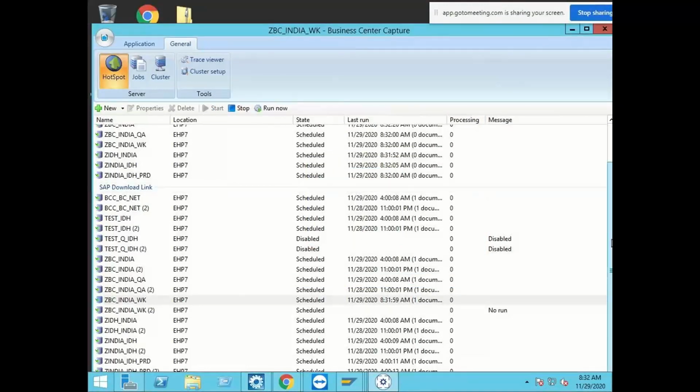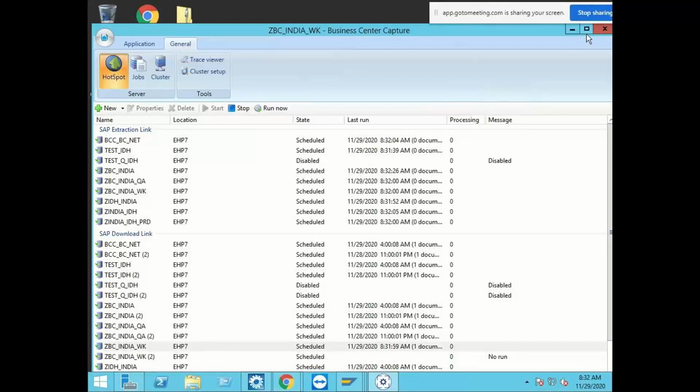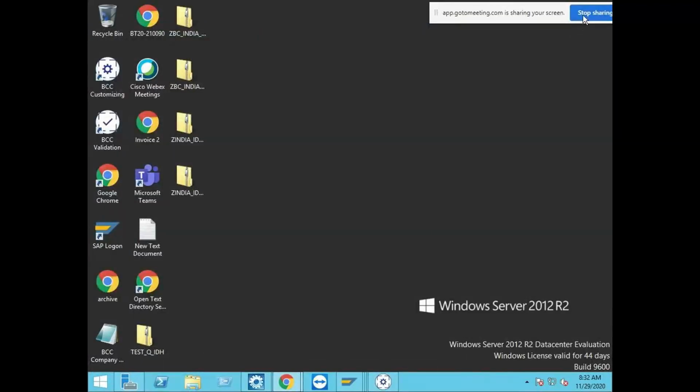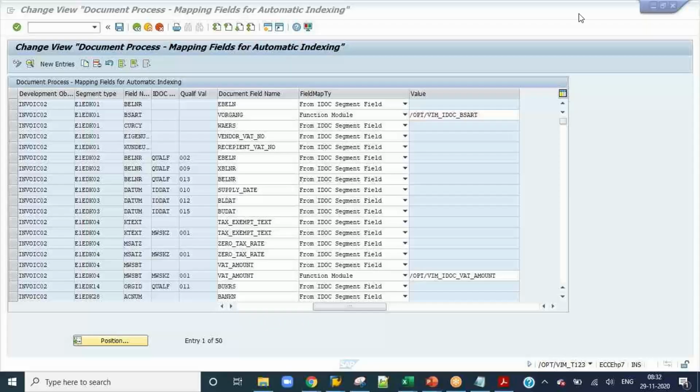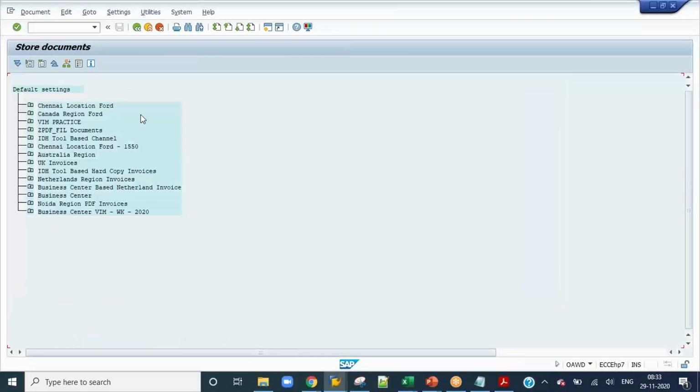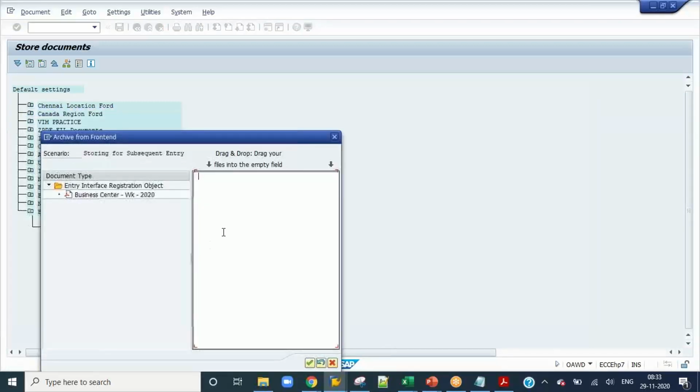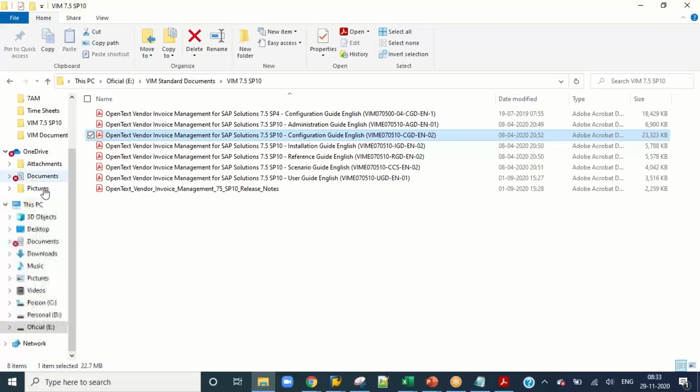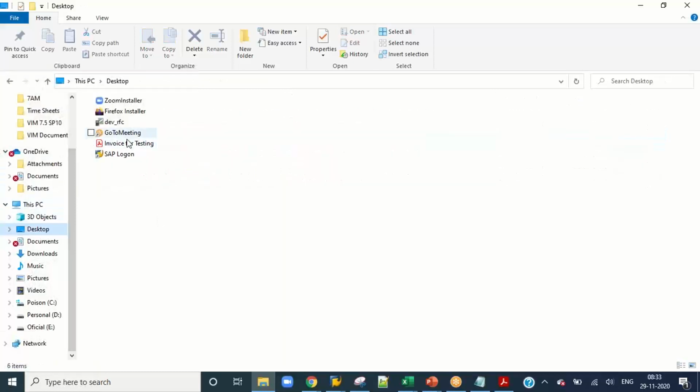So now the communication is started on the BCC side, and we are ready with the VIM side also, right? So go to here. Let me share my screen. What I need to do is drag and drop from here. So if you see,